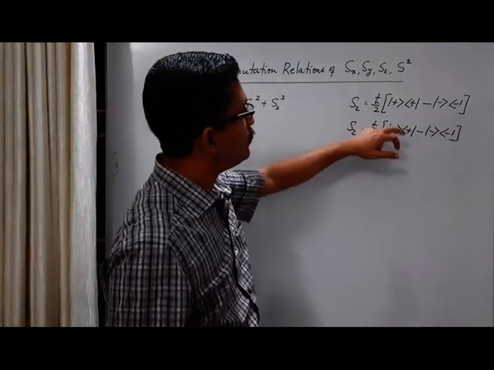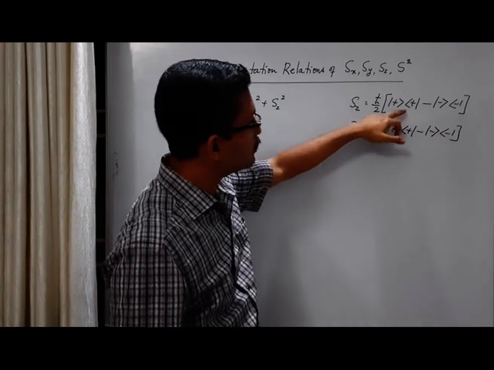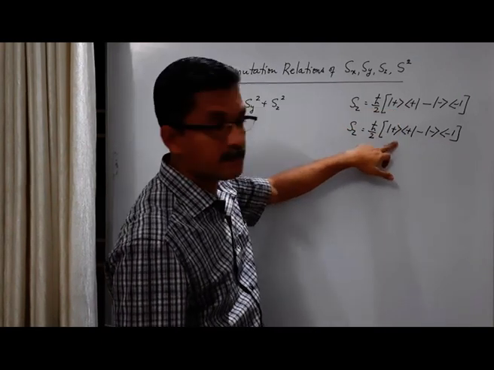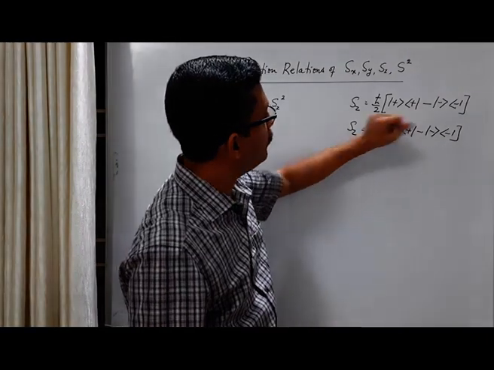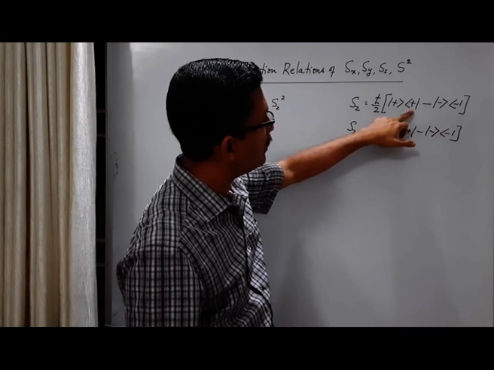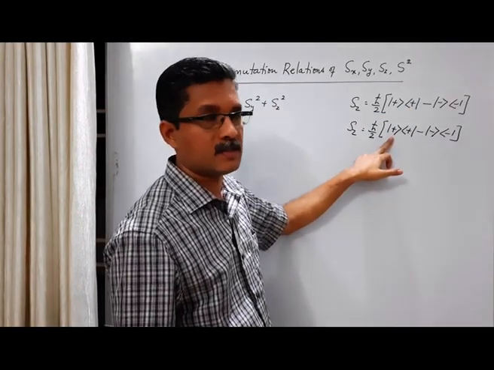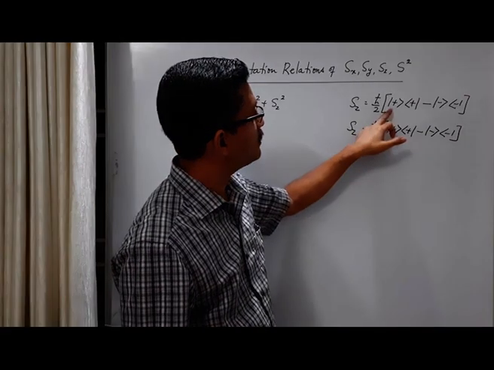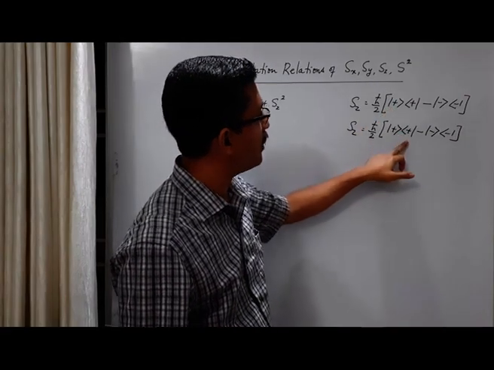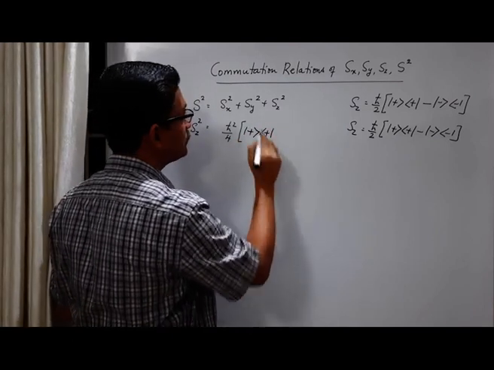Okay. So first you multiply h cross by 2 into h cross by 2. We have h cross square by 4. First you multiply this with this. Then what you get is an inner product between bra vector plus and ket vector plus, which is 1. So essentially what is remaining is ket plus bra vector plus.